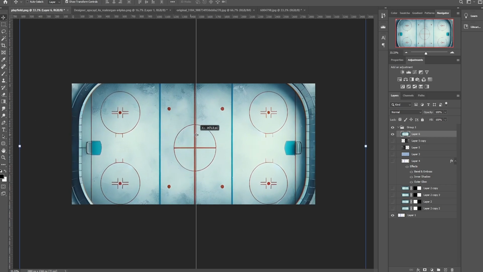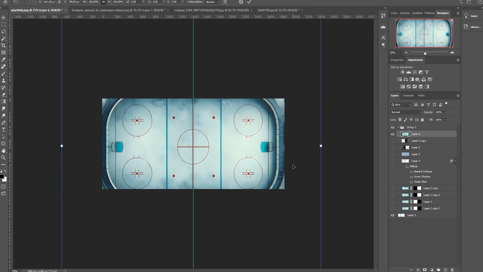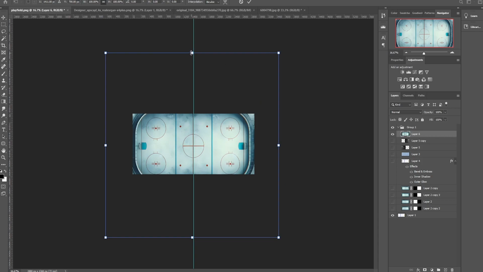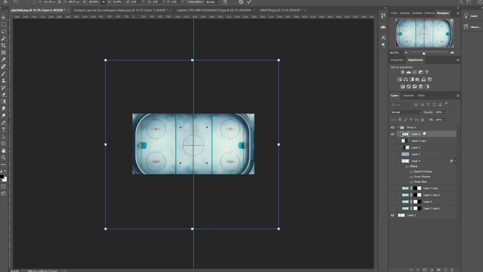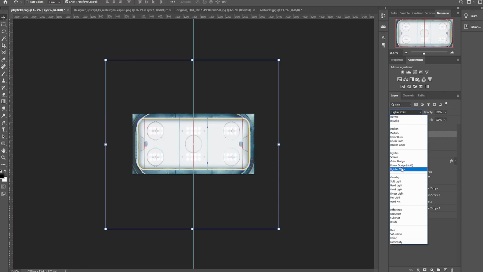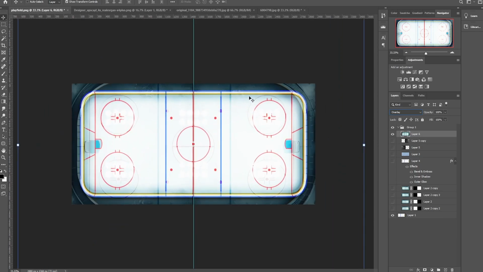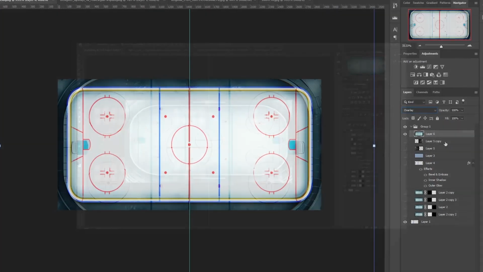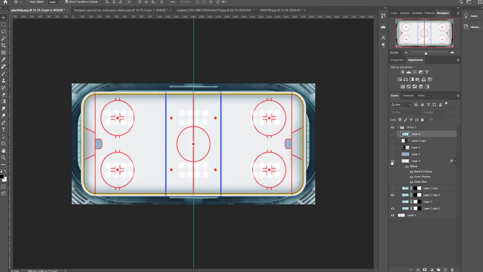If you want to, click and drag from the left or the right or the up and the down, and just find the center mark, and that way you know roughly where it needs to be. After that, Control T, you might need to zoom out a little bit, and you'll need to tweak the corners just to get it roughly where you're looking. To make it easier on yourself, go in here and select something like overlay, and that way when you zoom in a little bit, you get an idea of roughly where you're looking at. Once you've got it roughly where you want it,